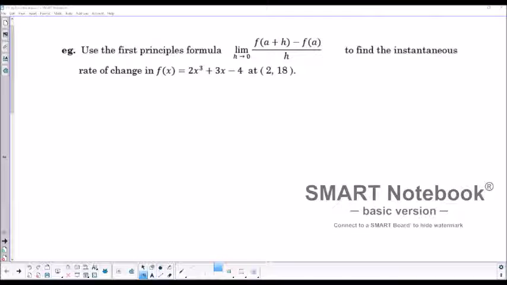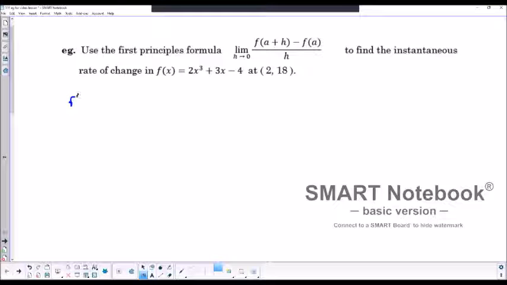After seeing some of the theory and the background to using first principles, the difference quotient, in order to determine the gradient function for a given function, now we're going to go through a little example to get your feet wet with this. So when we do something like this, we're going to